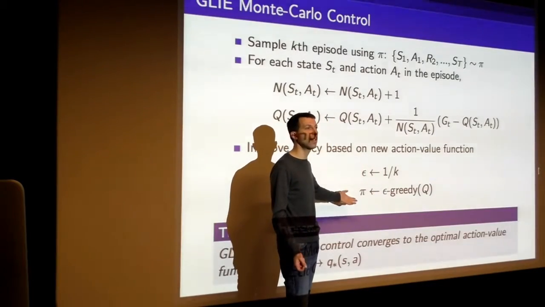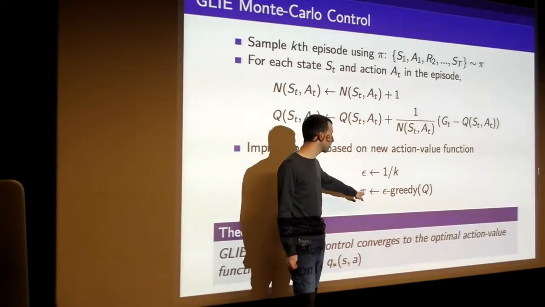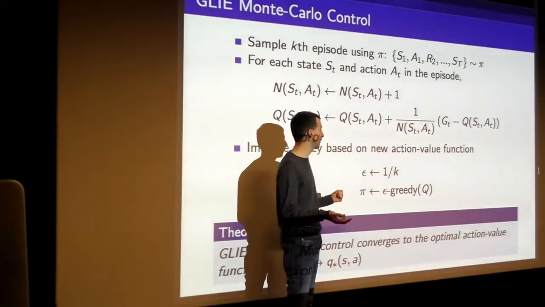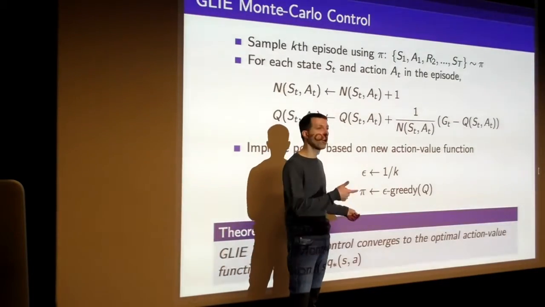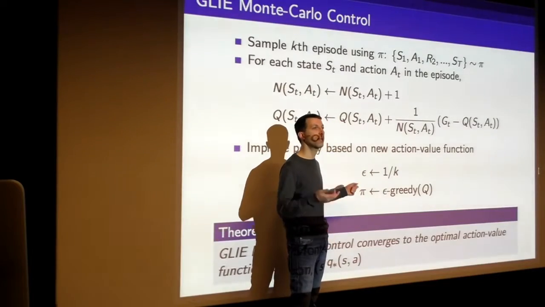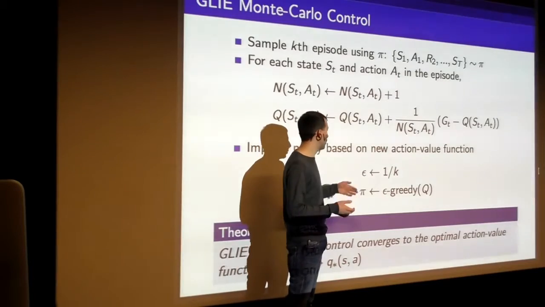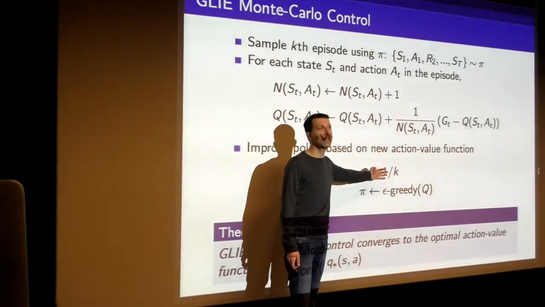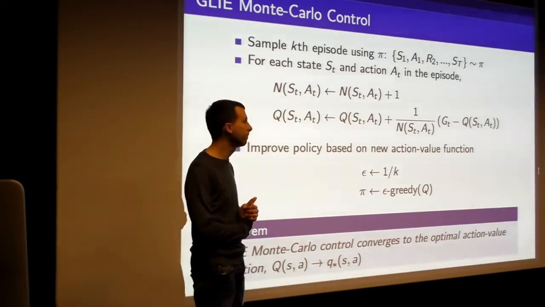So in practice, if you're actually writing this, you don't need to explicitly store pi, you just store Q, but when you actually come to select actions, you always just look at the freshest, most recent Q, and you flip a coin and you either pick the maximum Q or you pick a random action. So this pi is kind of implicit, and all you need to remember is your 1 over k schedule that you're using to determine the bias of this coin that you're using.